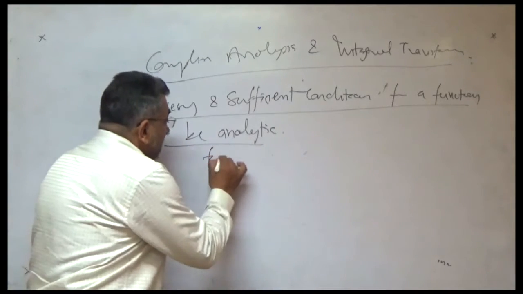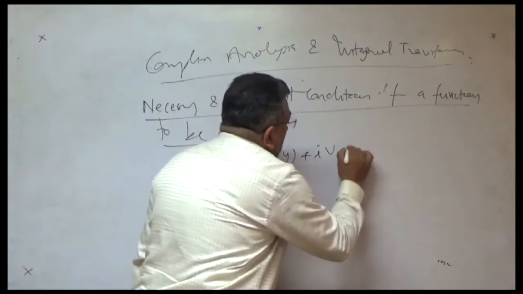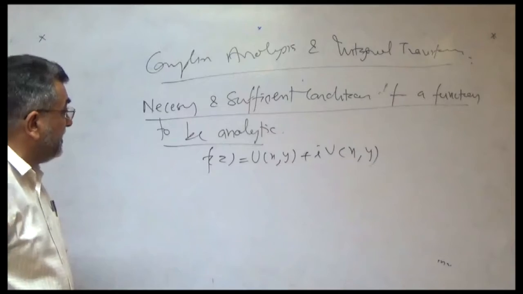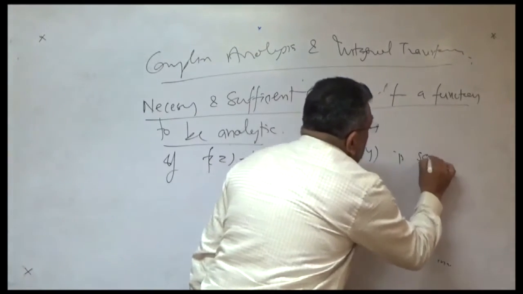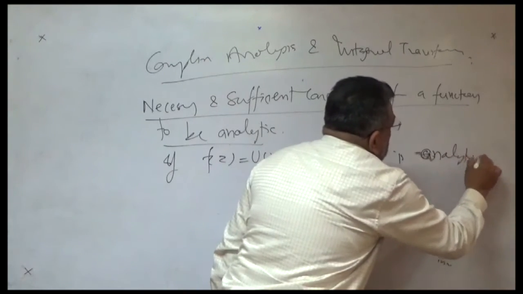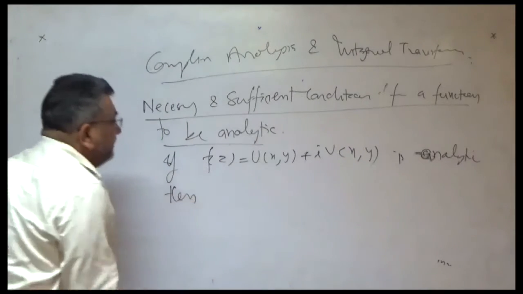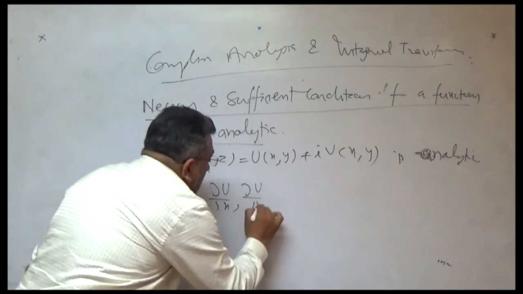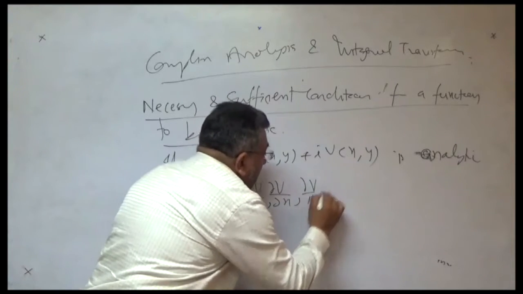If we take function f(z) equal to u(x,y) plus i times v(x,y), then the necessary and sufficient condition means, if this function is analytic, then the partial derivatives del u by del x, del u by del y, del v by del x, del v by del y exist,